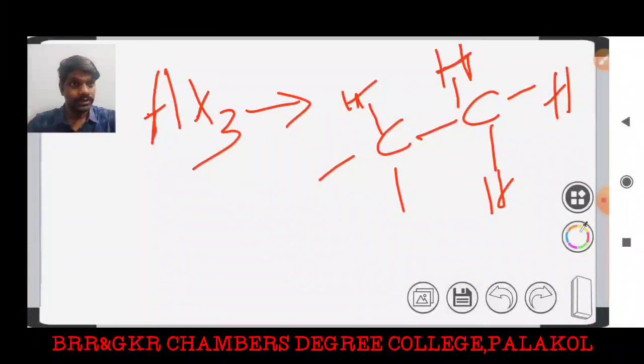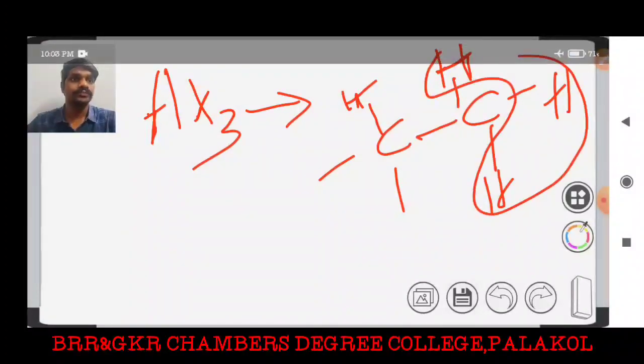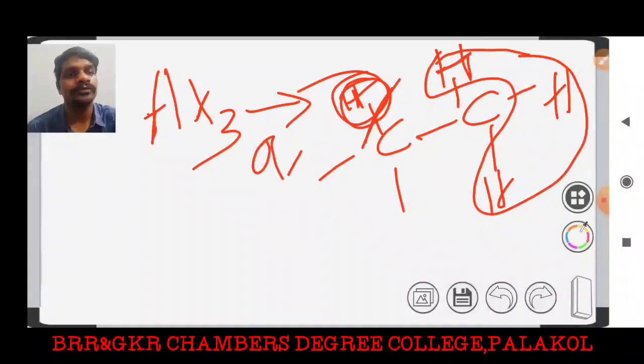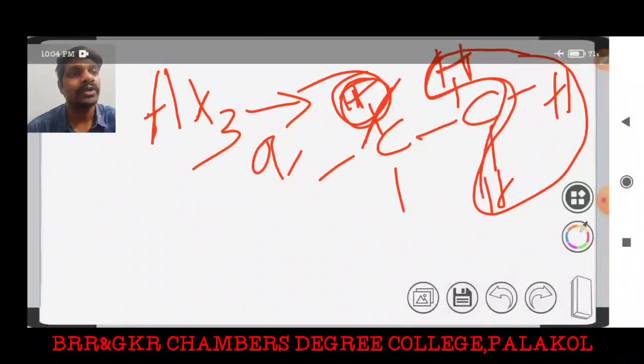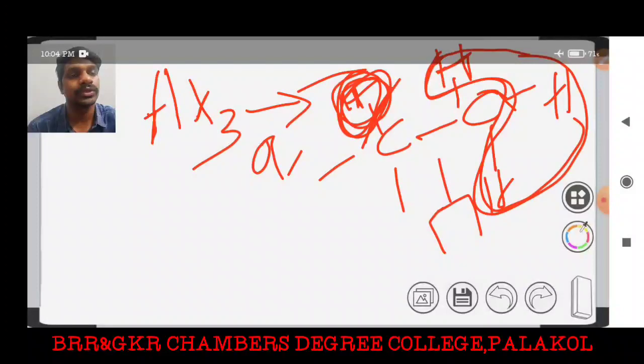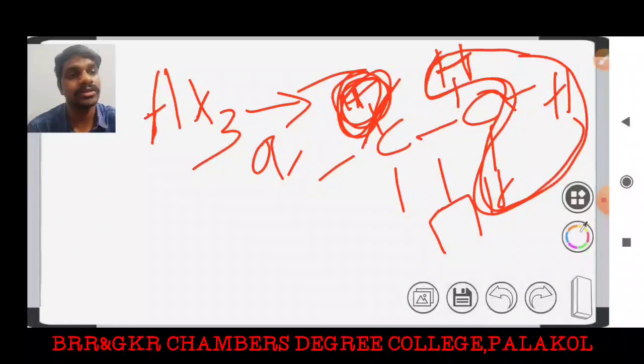So here these are the three hydrogen atoms, and this is the one hydrogen atom. These three hydrogens are one environment, and this hydrogen is another environment. Now again, this hydrogen has three neighboring protons. According to the n+1 rule, this hydrogen is split as a quartet. And these three hydrogens are split as a doublet, because these three hydrogens have only one neighboring proton. That is why these three hydrogens are split as a doublet.